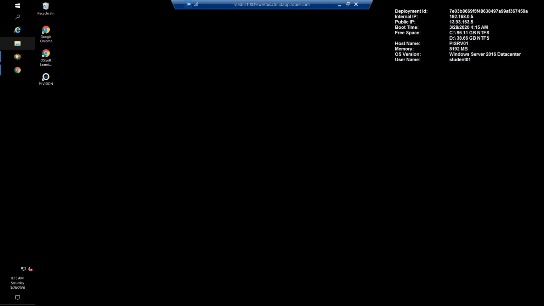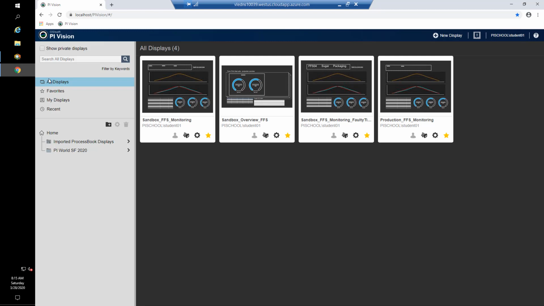Now, our sixth issue wasn't so much a problem with the development in Asset Framework, it was more the way the display was built. So we'll go ahead and open up PI Vision, and we have this display called sandbox_FFS_monitoring_faulty_title.